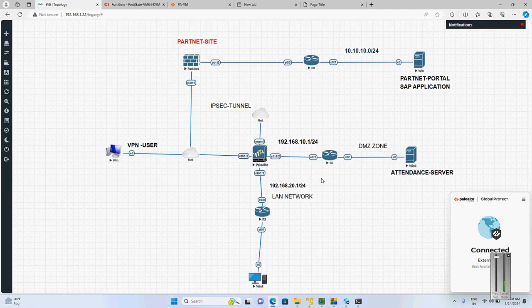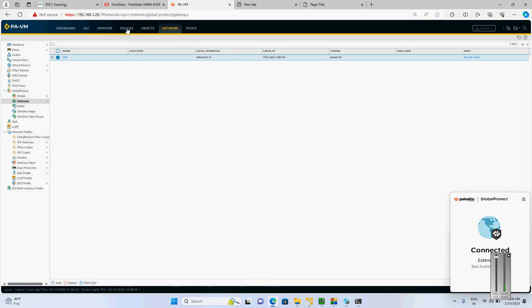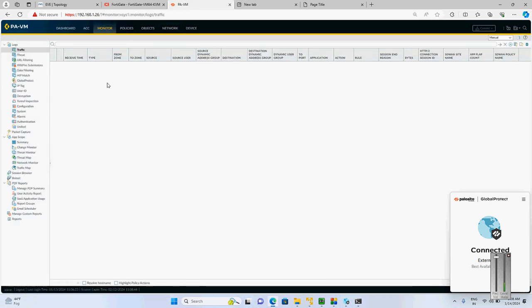You can see here I have created a small HTML page, and you can see I am getting the welcome to the timesheet page and please fill your attendance below. So everything seems fine. I am able to access the attendance server. If I go to the Palo Alto logs, you can see I am getting the logs in the Palo Alto